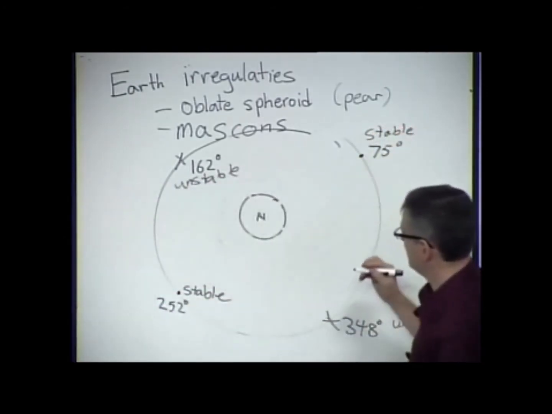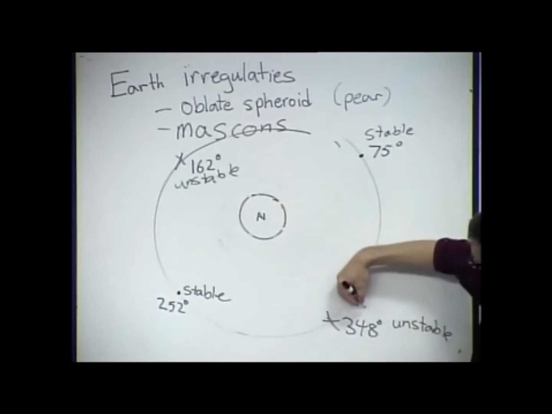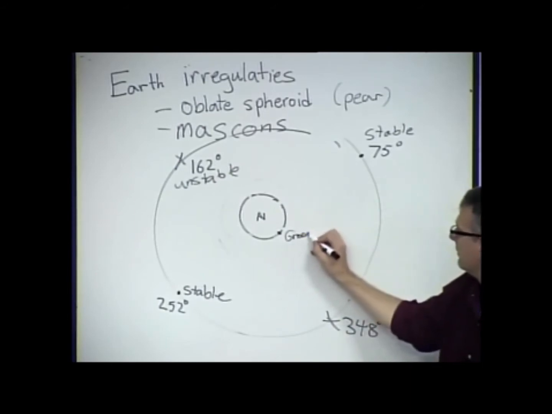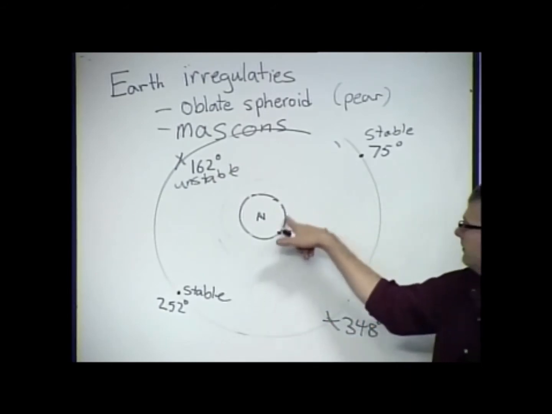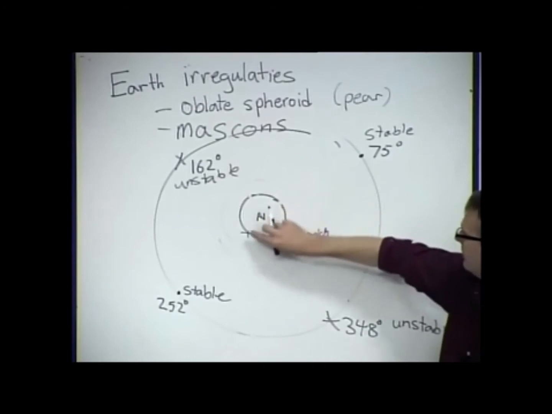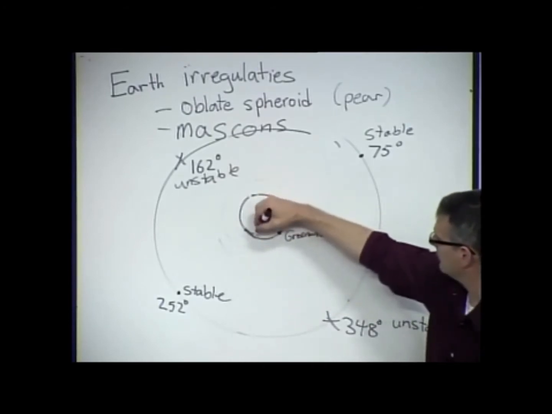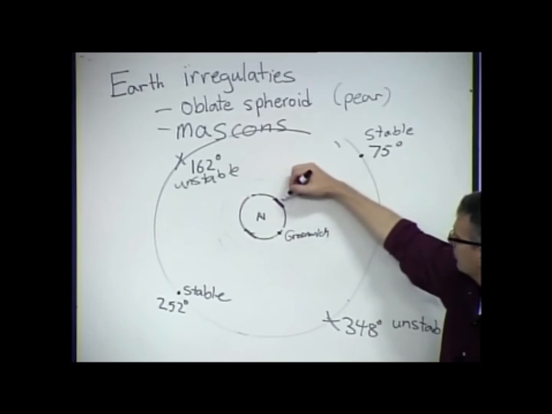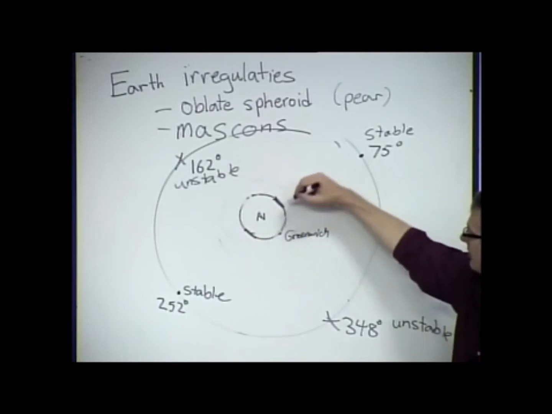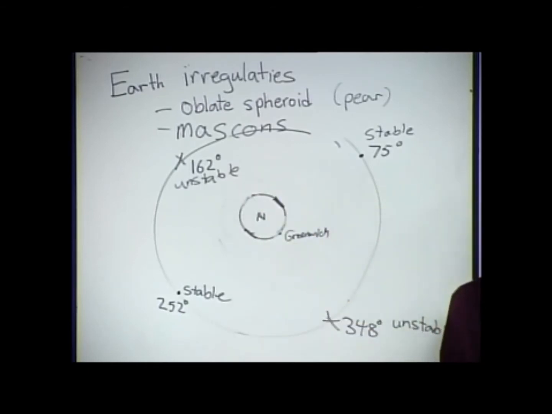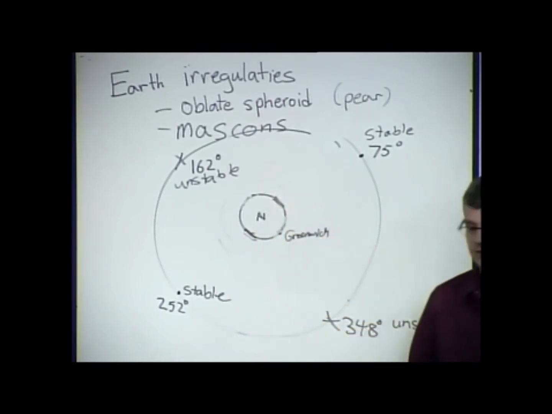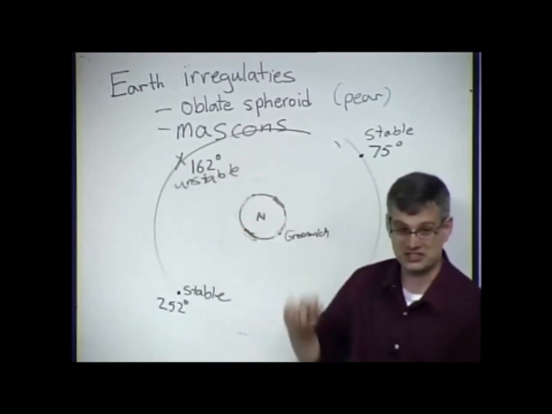Of course, I've drawn this in terms of longitudes. So 360 degrees or 0 degrees would be Greenwich, England, roughly. Over here you'd have North America, here's Central Asia, India, the Pacific Ocean, and Europe over here. Europe and the Pacific Ocean, very repulsive. North America, Central Asia, attractive, right? I'm just kidding. But that's where the stable and the unstable points are.